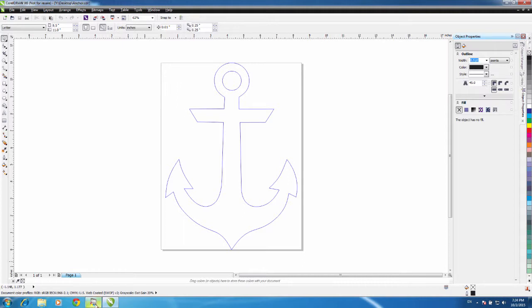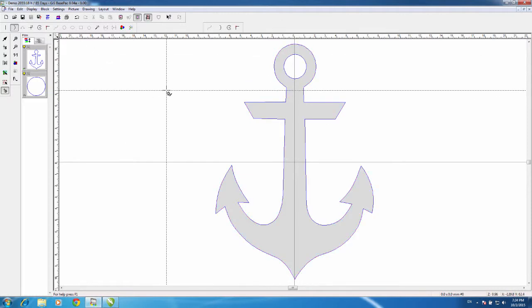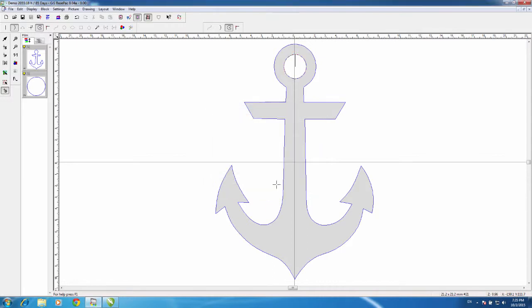from the GIS file. So let's go ahead, and I'm just going to deselect everything, and we're just going to go one by one. So the first one that I would like to turn into a running stitch is the center here, and when I click on that, it selects the area, and I'm going to go ahead and left click on the ACE, or the automatic computerized embroidery. Left click on that. I do want it as a border. I want it as a running stitch, and I'm going to go ahead and press OK, and it's going to go ahead and automatically draw or redraw